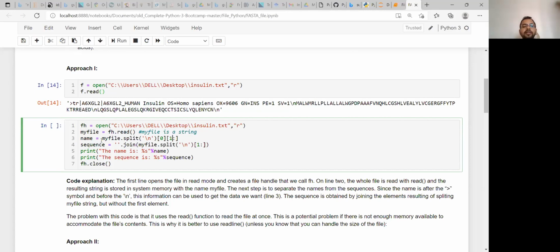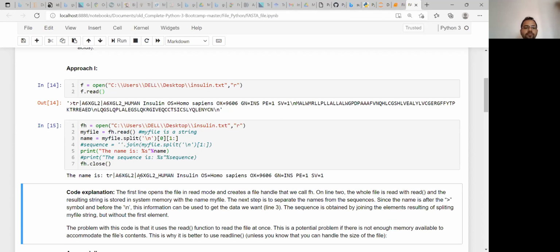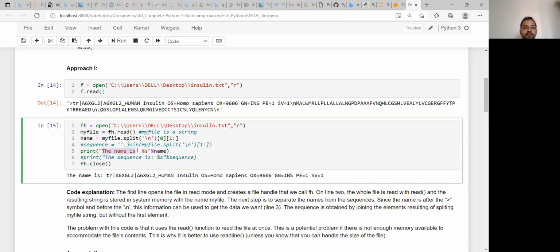Now if I run this, and then run the next thing, it is stored in name, and we are printing this. You can see that the name is actually from here, and then the name is printed.